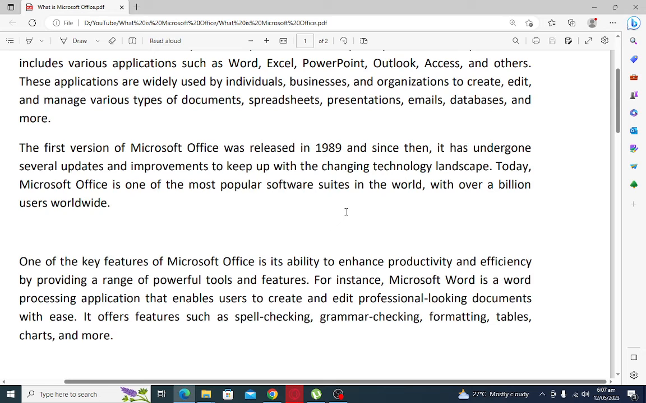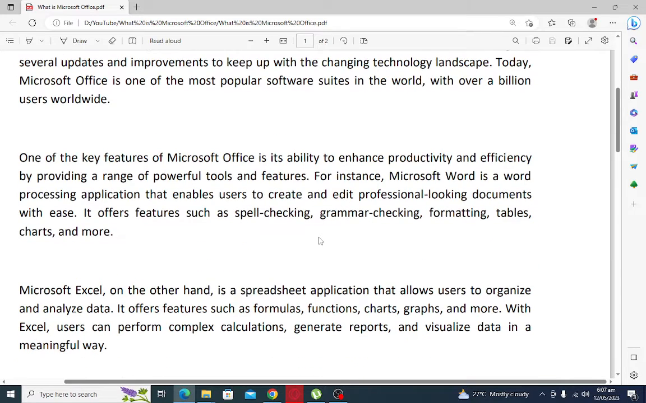The first version of Microsoft Office was released in 1989, and since then it has undergone several updates and improvements to keep up with the changing technology landscape. Today, Microsoft Office is one of the most popular software suites in the world with over a billion users worldwide. One of the key features of Microsoft Office is its ability to enhance productivity and efficiency by providing a range of